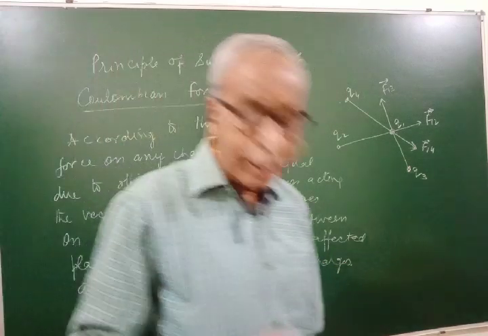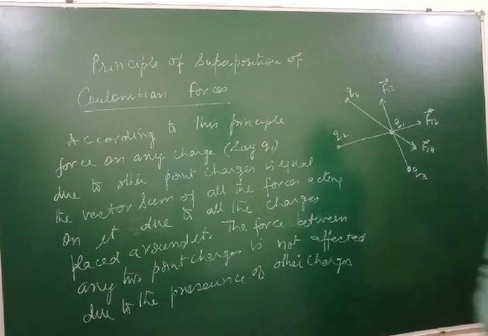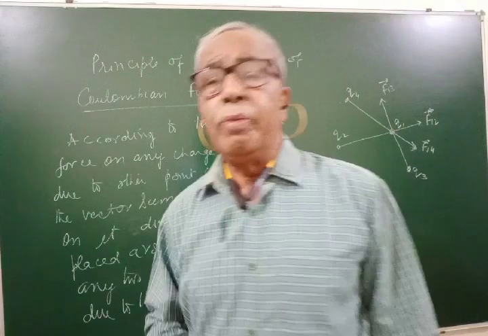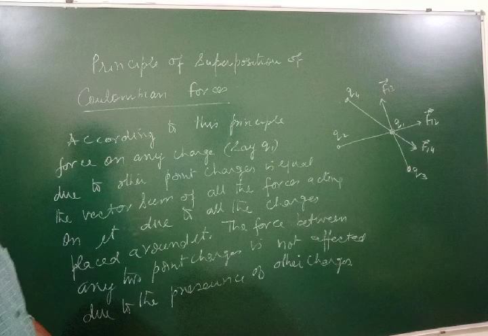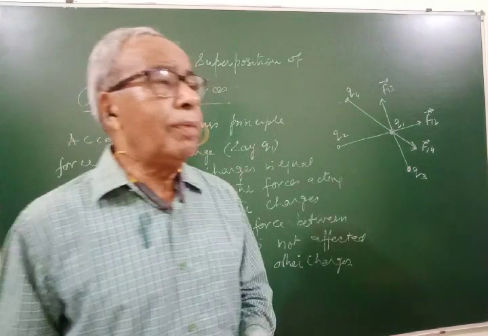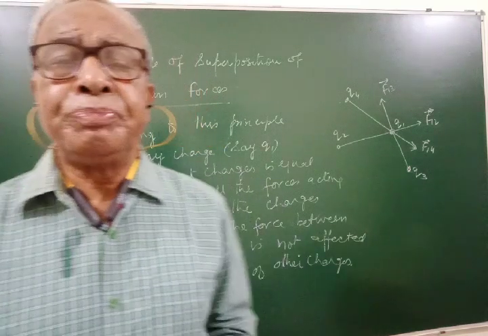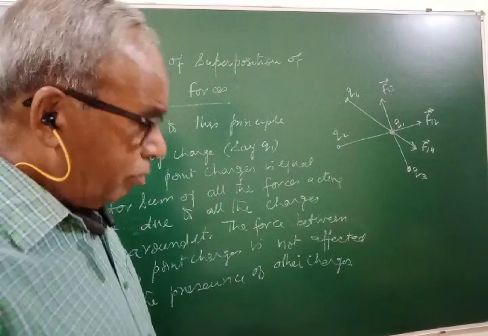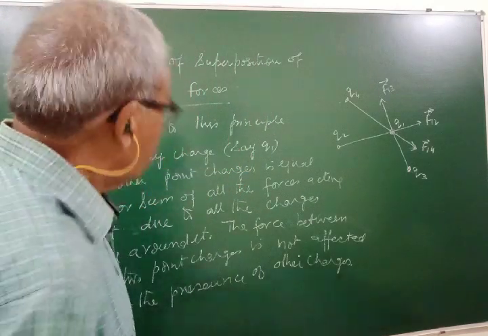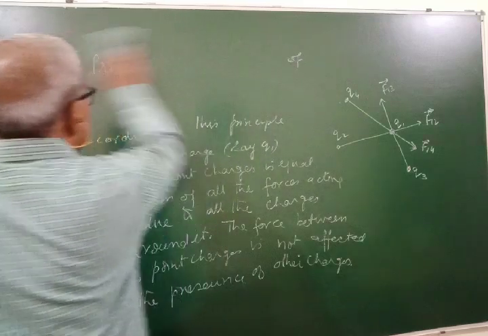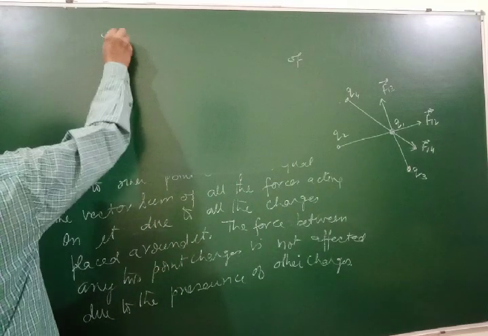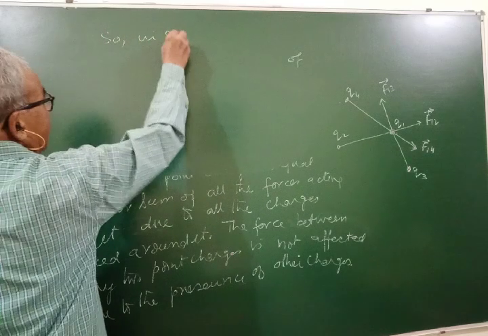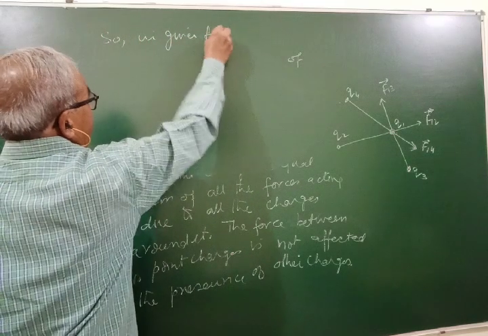You know, force is a vector quantity. So the force acting on a body will simply be the vector sum of all forces, not only Coulomb force. Manually we may apply force on a body, and we may apply so many forces. So the resultant force will be the vector sum. So in the given figure,